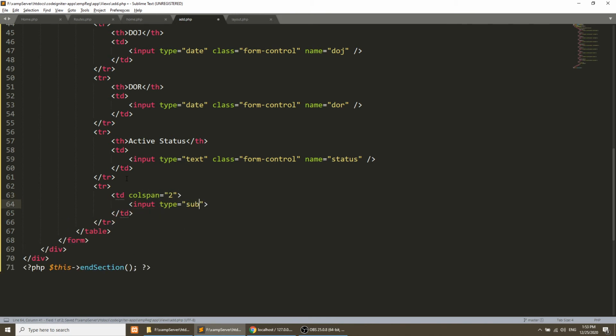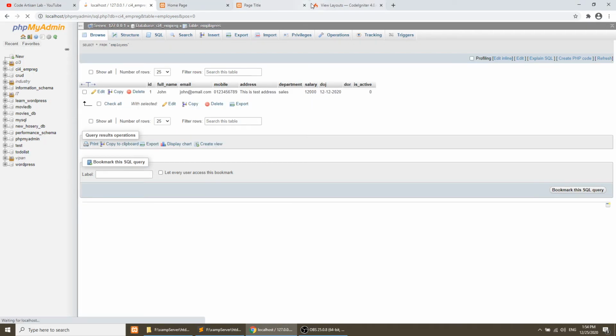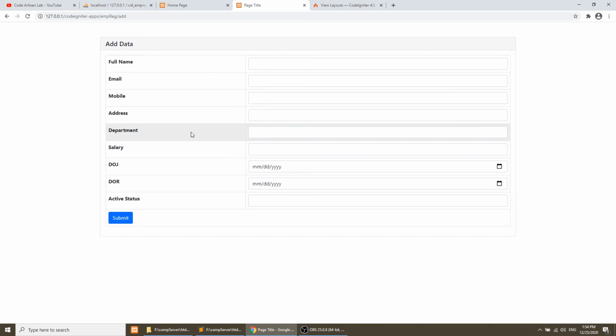Input type submit, and then we don't need to define the name. I will define the button text. So this is add data, and we have created this form.